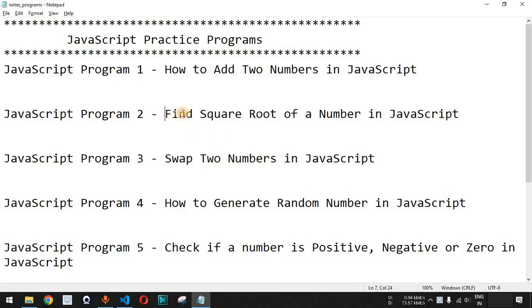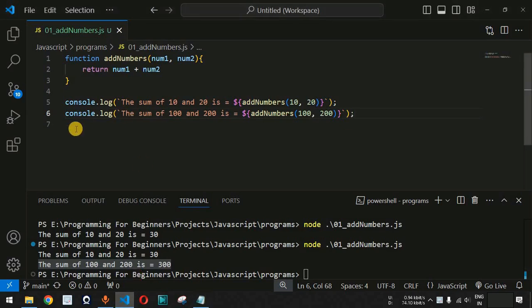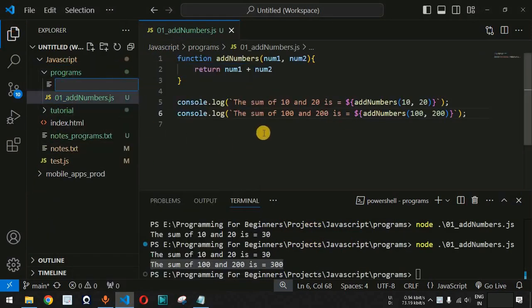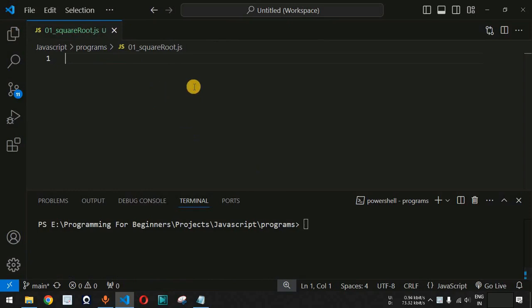So now we will see how to find the square root of a number in JavaScript. So guys, let us move to VS Code over here, and simply I'm going to create a new file under this programs folder. So as you can see, we have the square root.js file over here. Now guys, what we will do is simply we are going to create a new function in this case. So basically we have this function keyword,